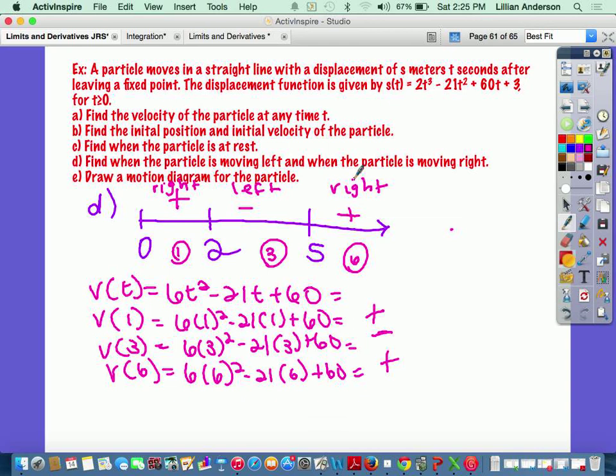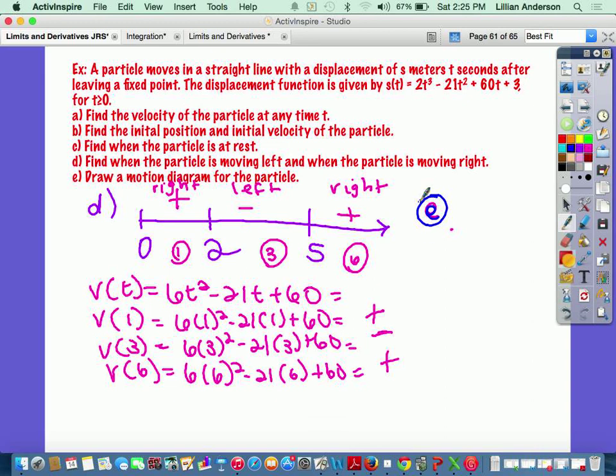Okay? Now for part E, we have to draw a motion diagram. Now, a motion diagram is actually really easy to draw, okay? All we have to do is we just have to take these points when our particle's at rest to figure out exactly how far we've moved, okay? So,